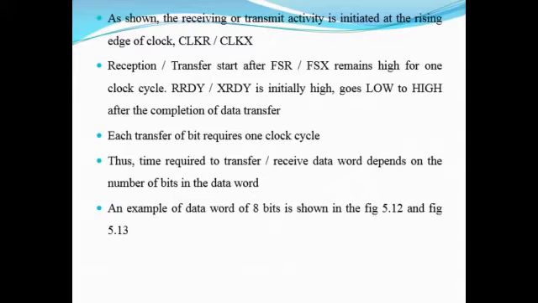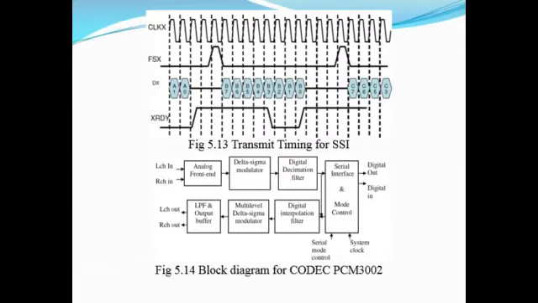So if more time is being used to transfer or receive the data, it clearly indicates that the number of bits in the data words is very high. An example of a data word of 8 bits you can see in a diagram. This is the transmit timing for SSI, considered with respect to a clock, then the FS signal, DX signal,